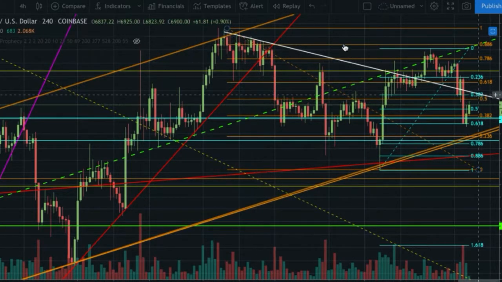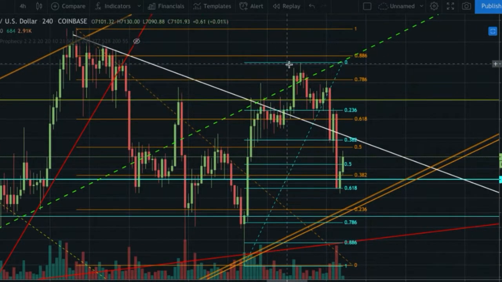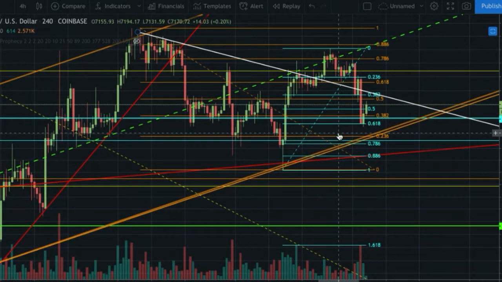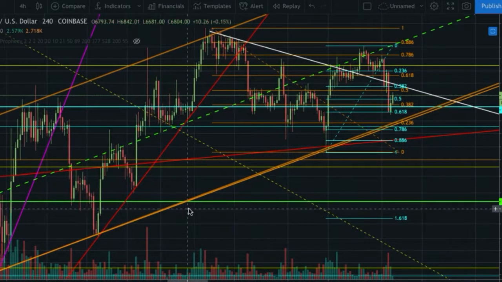descending resistance, and after that we got the pop up to it, kind of ran into it a couple times, and then we finally got the breakout above it. But essentially it was just a thrust up, stop hunt maybe, and then failure, came back down, retested the breakout point, and we fell straight through it. And now what we're looking to do is come down here and retest that parabolic orange trend